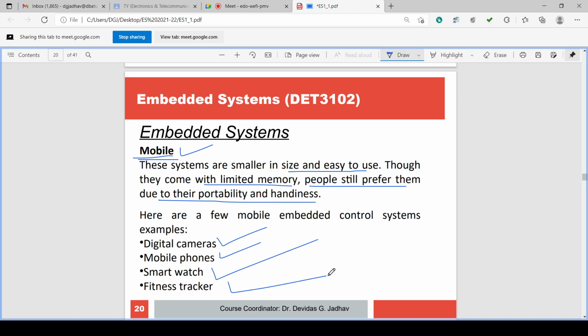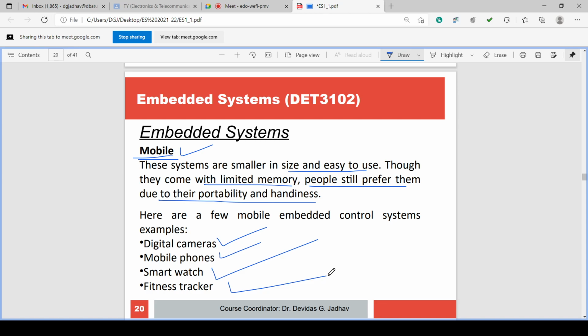Then smartwatch is there. A lot of facilities are there in the smartwatch. Within the smartwatch you can have the mobile phone. Within the smartwatch you can have the health tracking system. Within the smartwatch you can have other facilities, calculators and all that. Then fitness trackers are there. Whatever we have discussed in the mobile phone, it can count the distance we are walking and all that. Those can be separately given on this wristband as a fitness tracker.